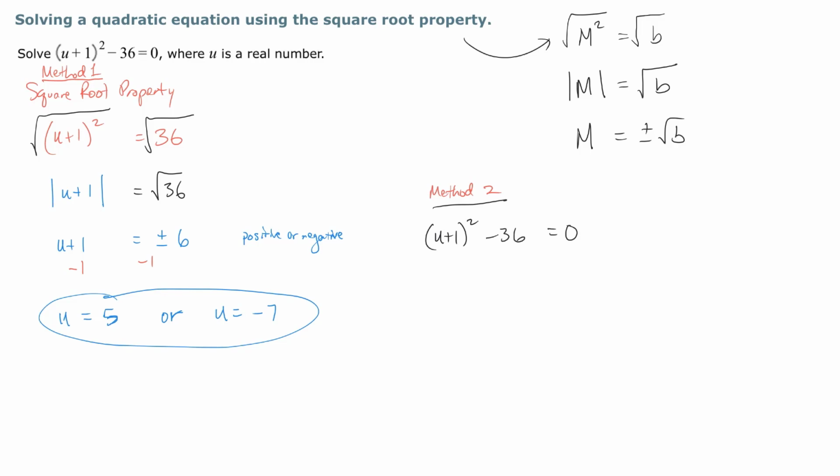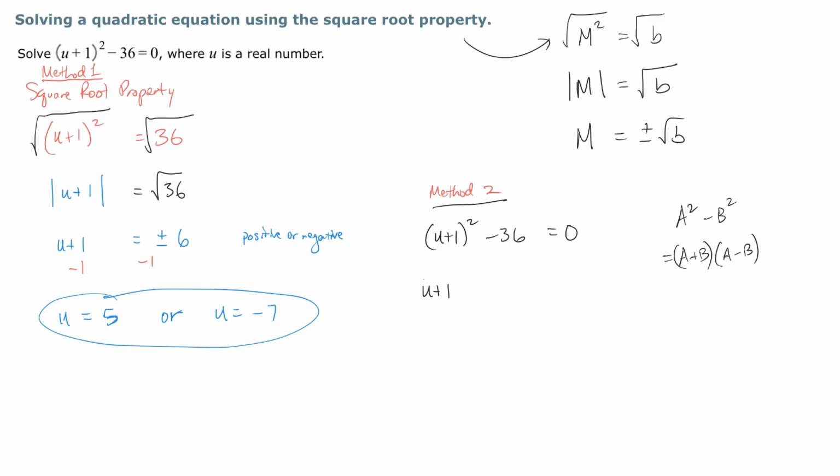Well, that's just a difference of two squares. That's a squared minus b squared, which we know is the factor a plus b times the factor a minus b. Let's write that instead. So for the next equation, we're going to have u plus 1